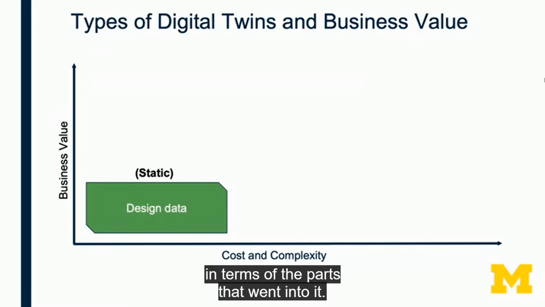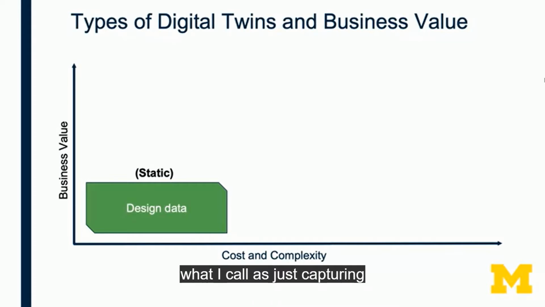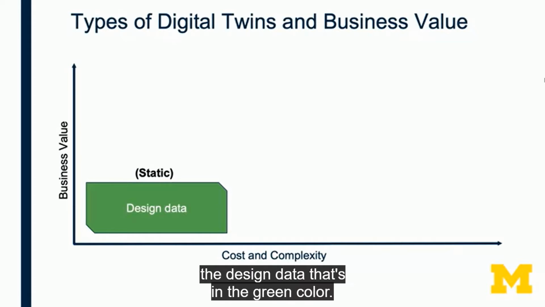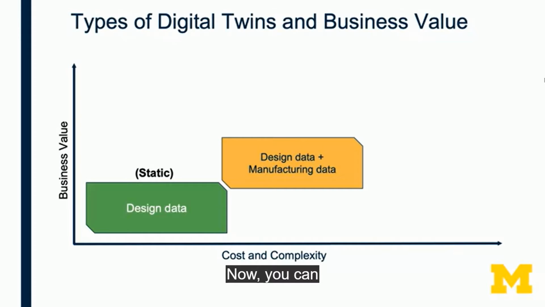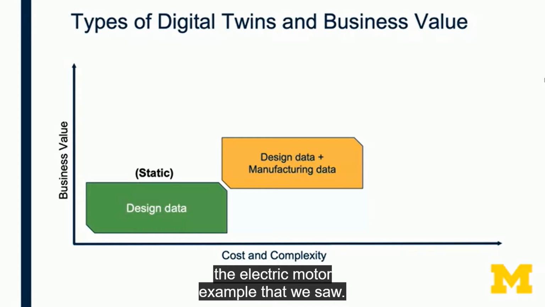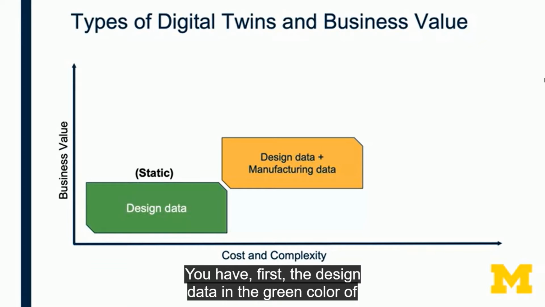You can have a full digital version, what I call just capturing the design data. That's in the green color. Now, you could also add into the design data what I call the manufacturing data. Now, let's connect to the electric motor example that we saw. You have first the design data in the green color of the digital twin,